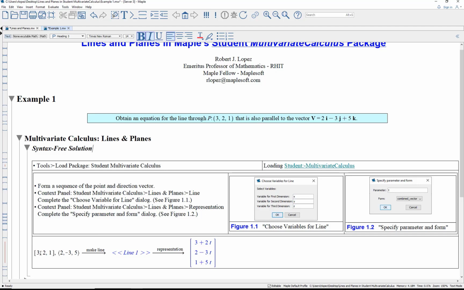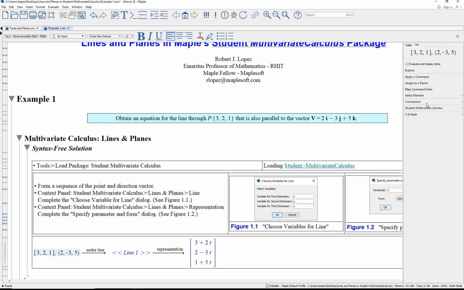Point, square brackets, list. Okay, these square brackets make a list. Point is 3, 2, 1. That's the point. The vector, the direction vector, 2 minus 3, 5. Angle brackets, which are really inequality symbols. So, having made that sequence, go here to the context panel, Student Multivariate Calculus, lines and planes,